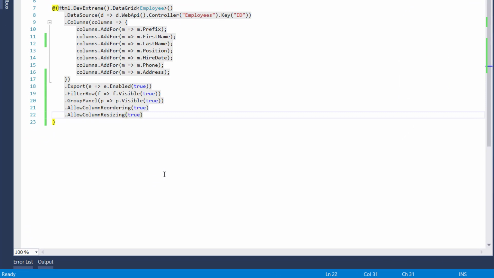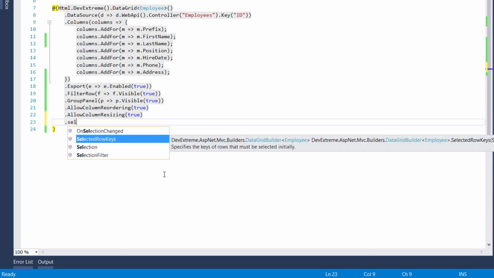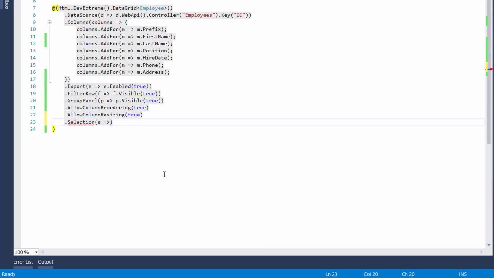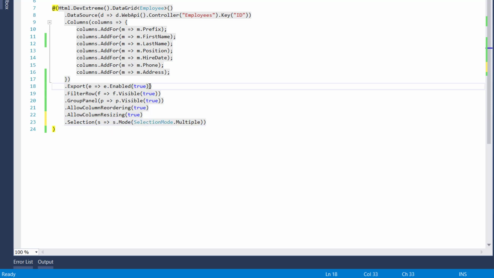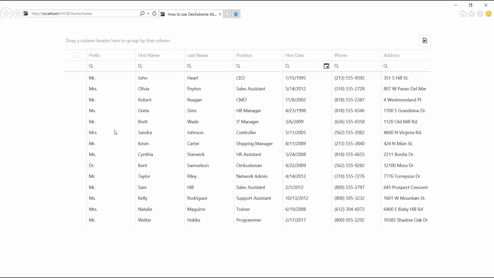Now let's learn how to export only selected rows. I'll enable selection in the grid and set the export.allowExportSelectedData option to true. All right, let's see the result. I'll select several records,